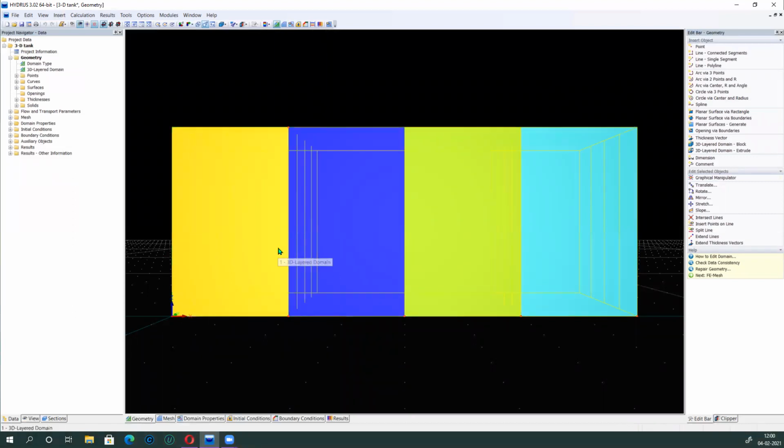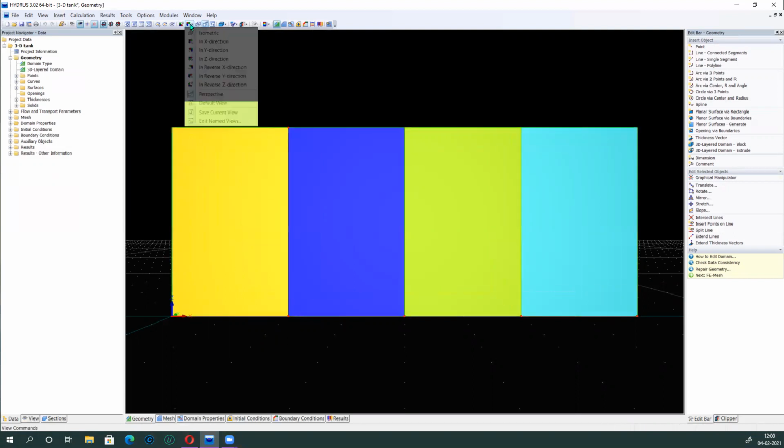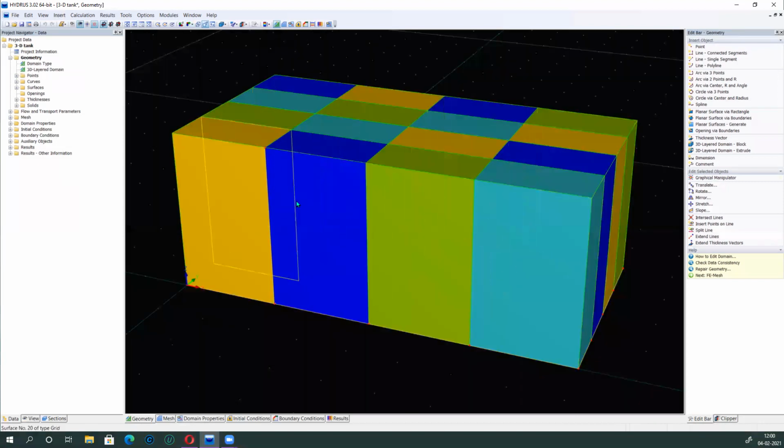So I have distributed this material randomly all across the medium. You can see that width and length have different materials. However, in height, I have kept only one material just for demonstration purposes.